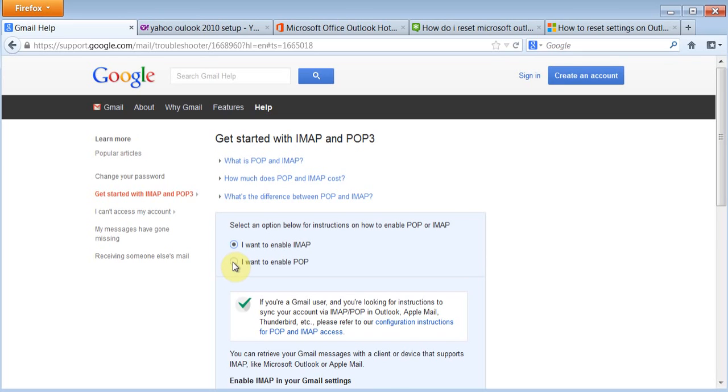POP is the older protocol, and what it does is, when you use it, it downloads all your emails right away with attachments and everything to